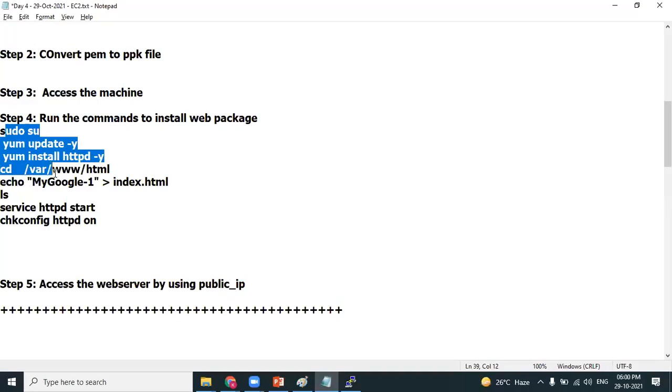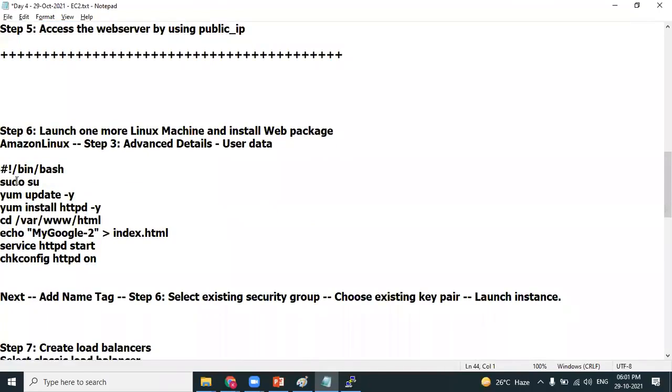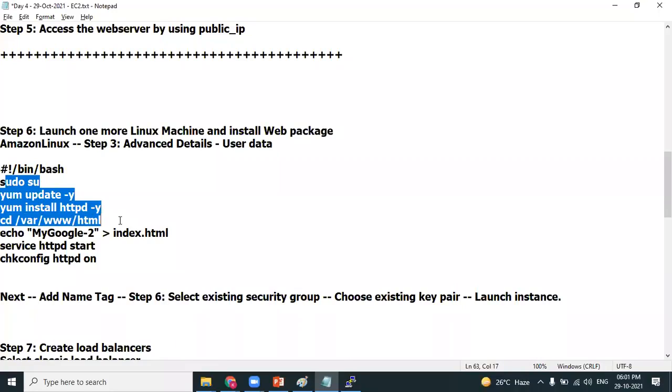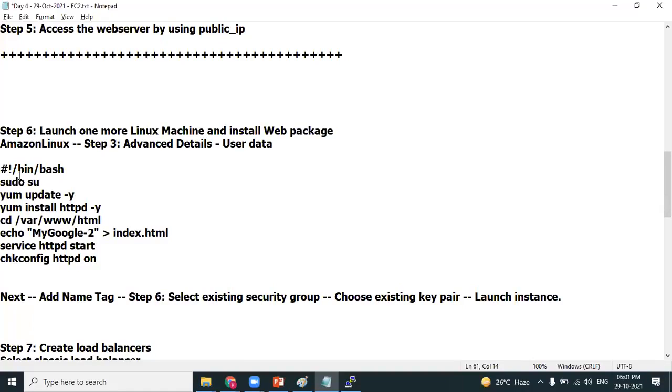These are 6 to 7 commands I executed using PuTTY. They are the same commands, and I don't want to run them manually by connecting to PuTTY. Look at this: switching to the user, updating the repository, installing HTTPD, going to the HTML directory, creating index.html, starting the web server. The same commands, you just need to prefix with